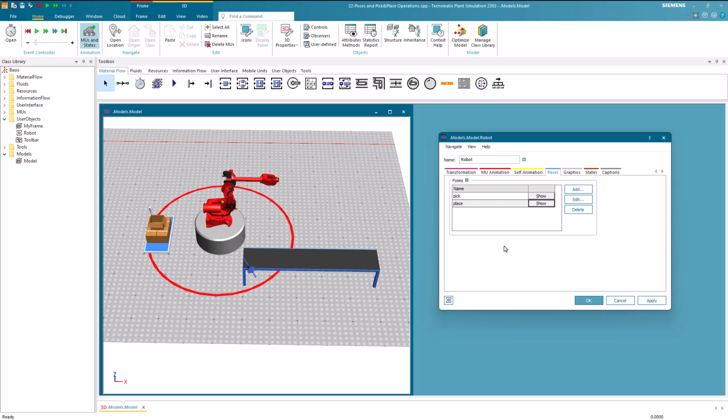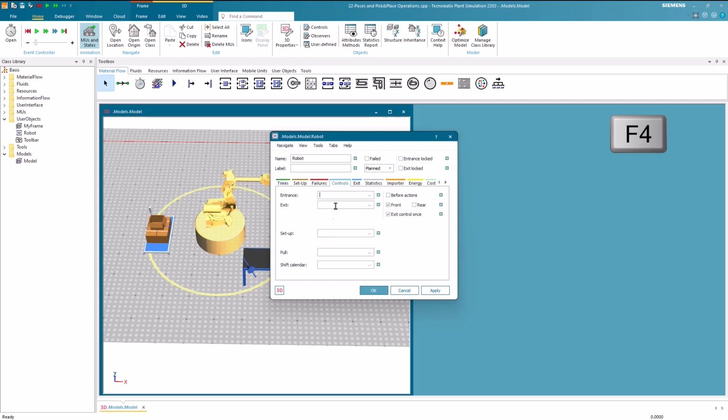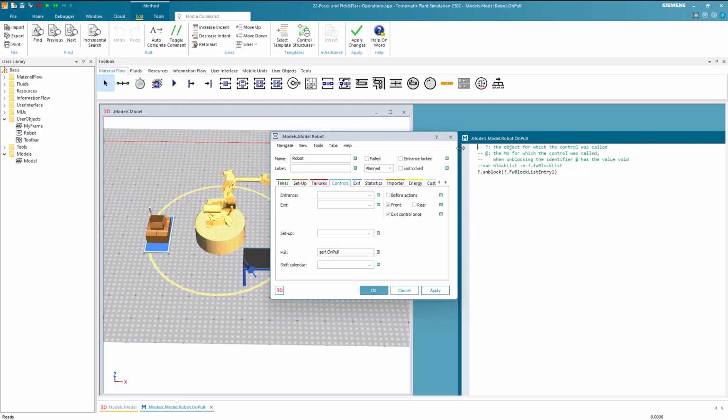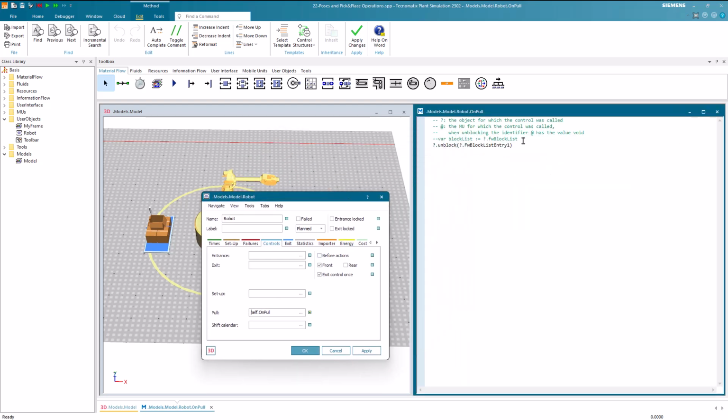Subsequently, a pull control is created. Within the pull control, we initially move the robot to the pick pose.